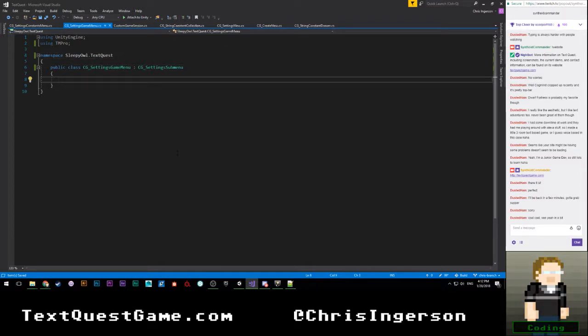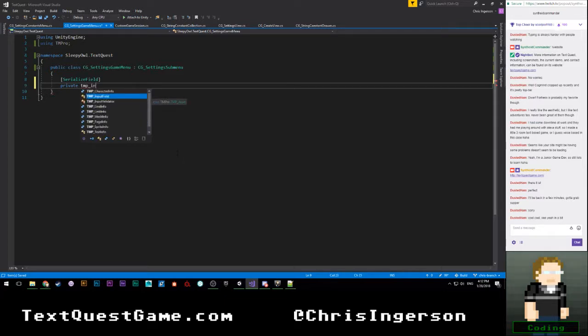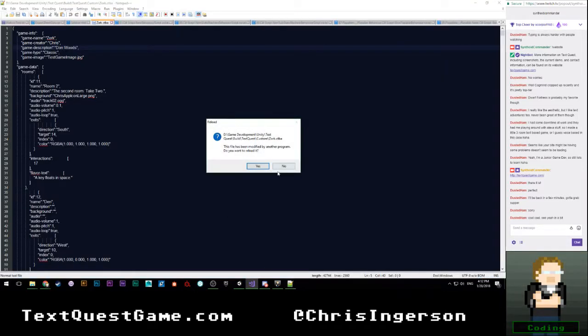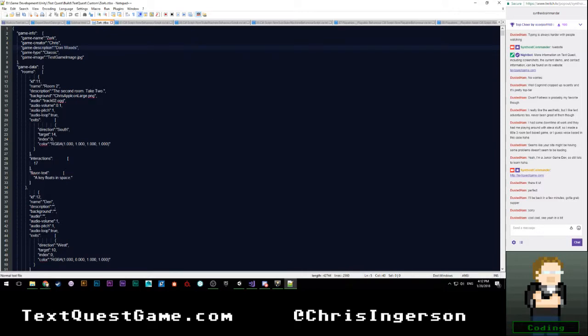So for this menu, we're going to need, let's go ahead and say SerializeField, private TMP underscore input field. So that's going to be our author field. We're going to have private TMP underscore input field. This will be our description field. Let's see, what else do I have in here? Oh, name.